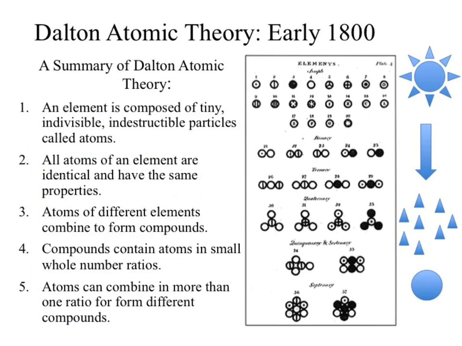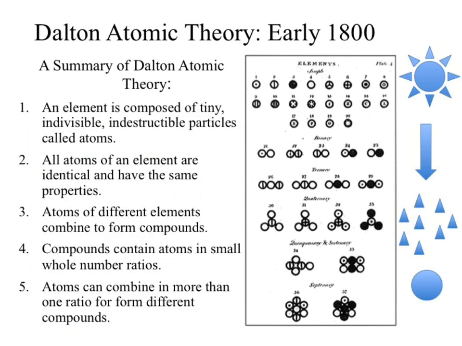And then lastly, we can combine them in differing ratios to generate new compounds. For instance, we could take 2 bike frames and 4 tires and then weld them together, and we now have a little quadricycle. Sure, why not? So it's looking at how we can put these individual pieces together. It just so happened that these pieces we couldn't see, but we could see their end result when we got enough of them together.